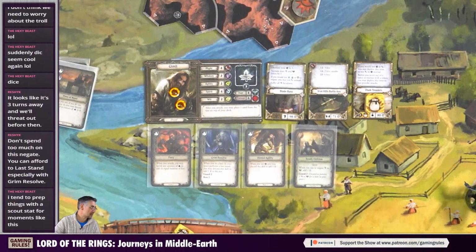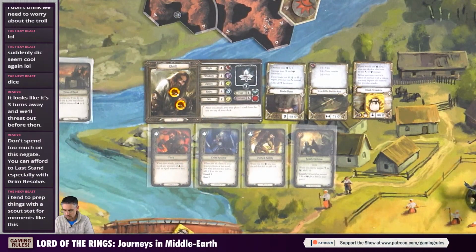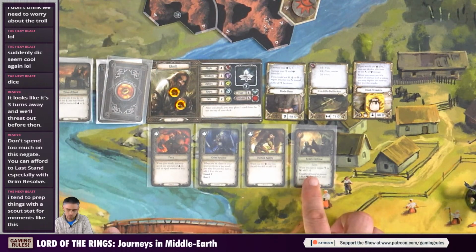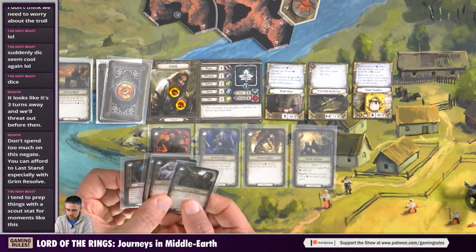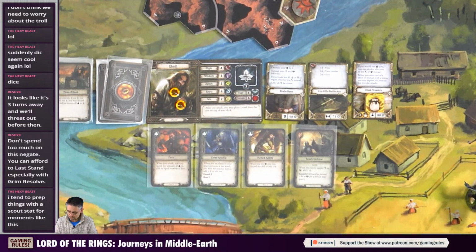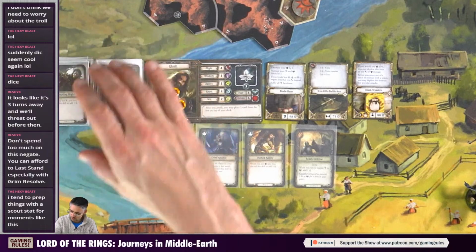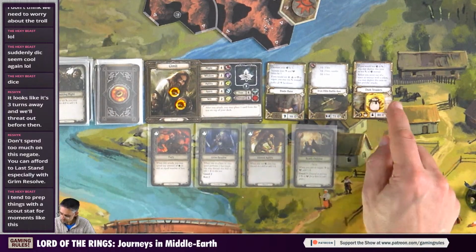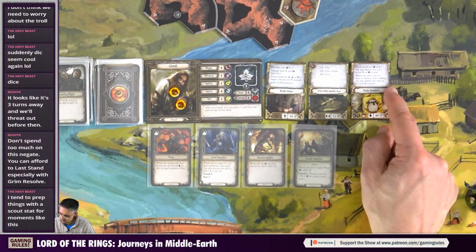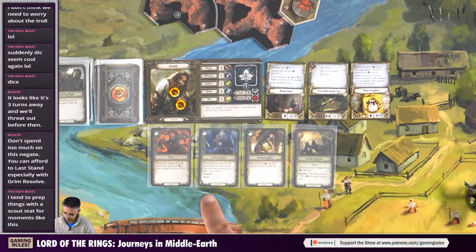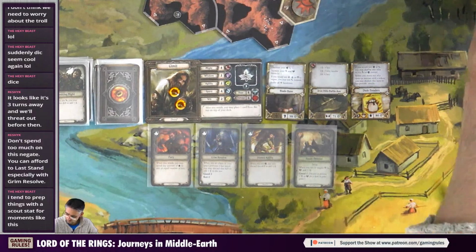Right, so that's that done. Gimli's test to negate is might. 1, 2, 3, 4. We automatically have 1 success. And we got no more successes. So what have we got? Yeah. So we're going to take 1 fear